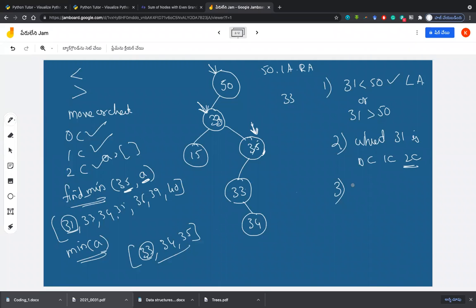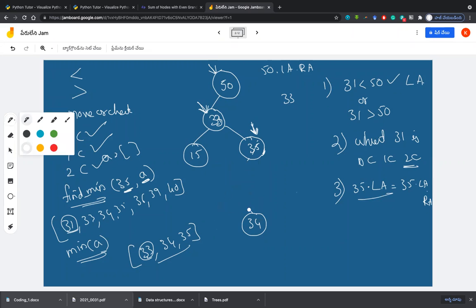35.LA is equal to 35.LA.RA, because this time you find that LA is none and RA is there, and hence you take 35.LA.RA to 35's LA. So in this case, this 33 will be deleted and you will get connected to this one, to the left side.